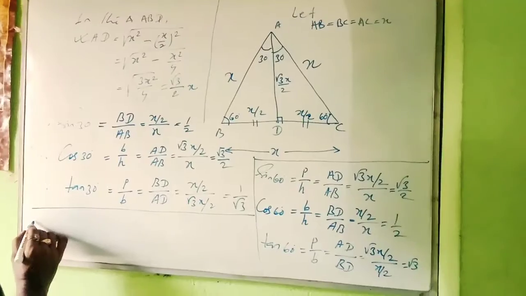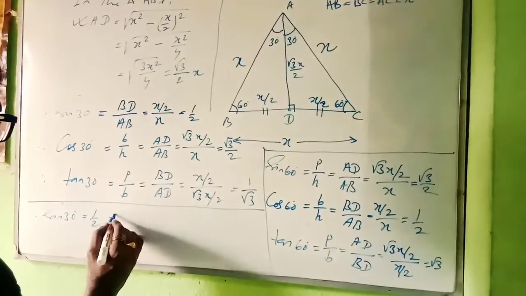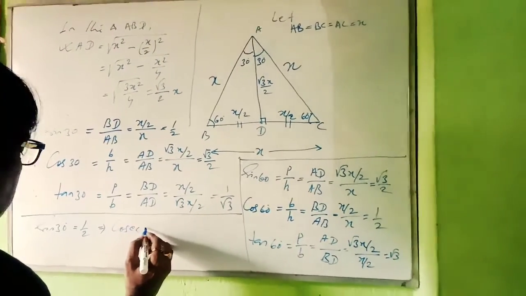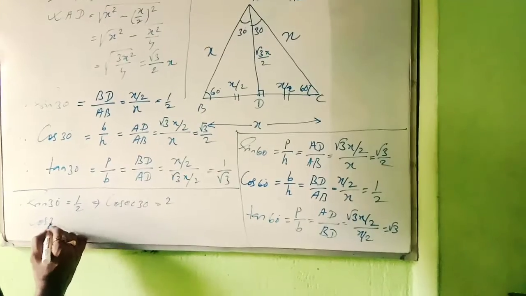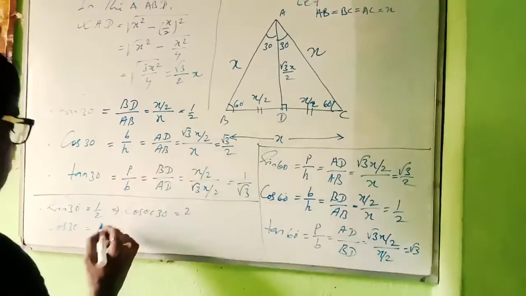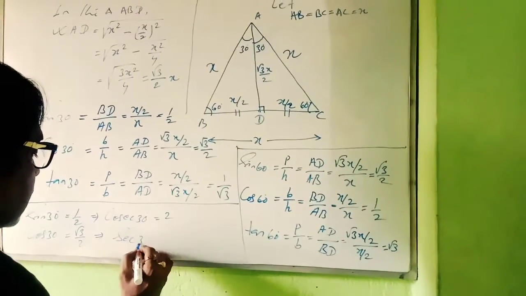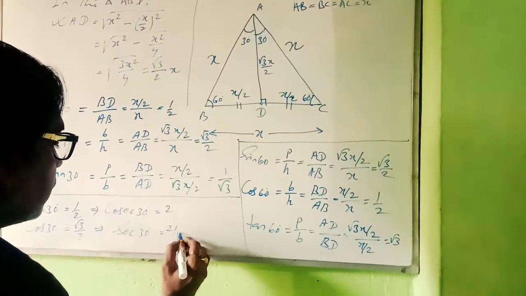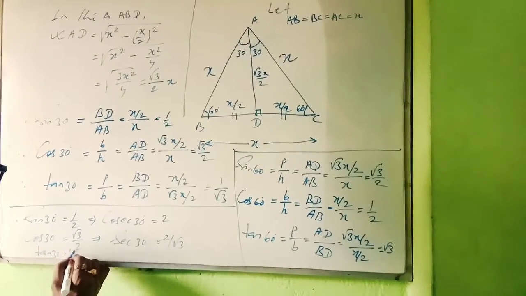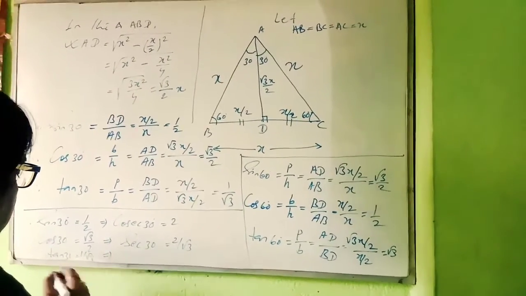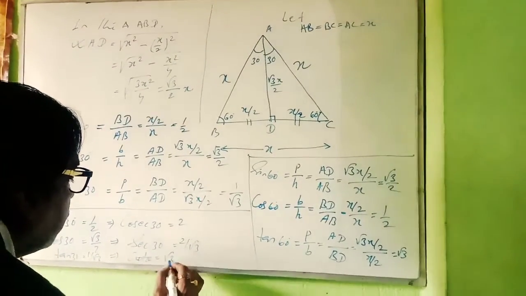As you know, sin 30 is equal to how much you got? 1 by 2. So this implies cosec 30 will be how much? Cosec 30 will be the reciprocal of this, that is 2. Cos 30 is how much? Cos 30, that is root 3 by 2. What is the reciprocal of cos theta? That is sec. Sec 30 will be how much? That will be 2 by root 3. Same process. Tan 30, how much did you get? 1 by root 3. What is the reciprocal of tan 30? That is cot 30. Cot 30 will be how much? Only root 3, the reciprocal of this.